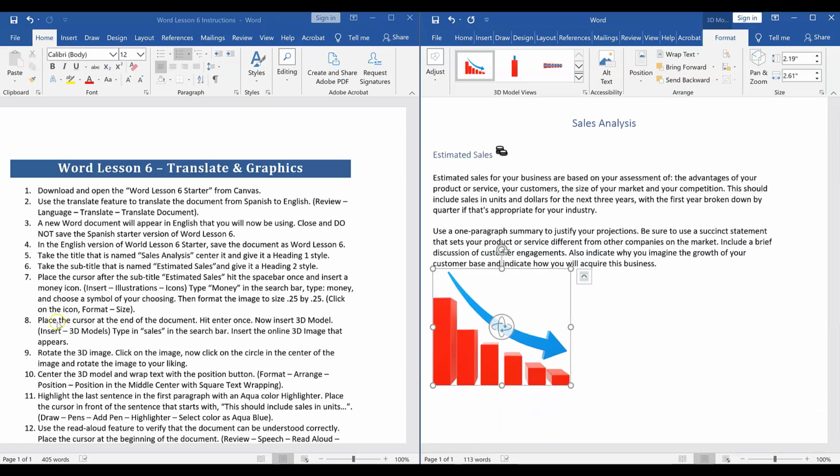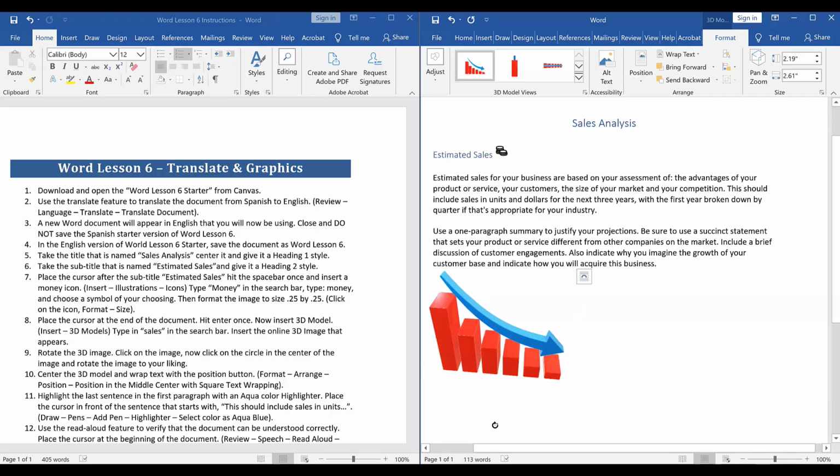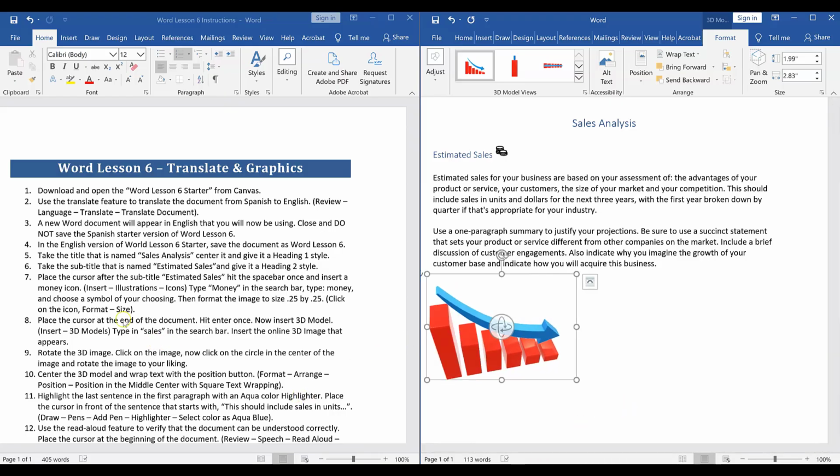It says that I am going to rotate the 3D image. So I'm going to click on the image, and now click on the little circle in the center, and I'm going to rotate it to my own liking. So you can put it however you want. I'm going to put it like that. Now, number 10,